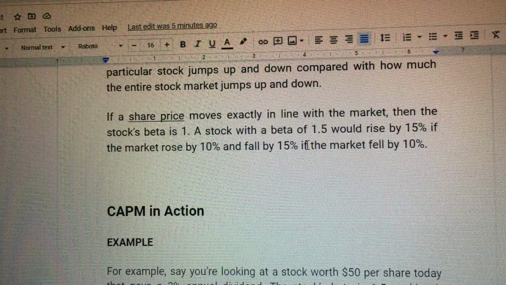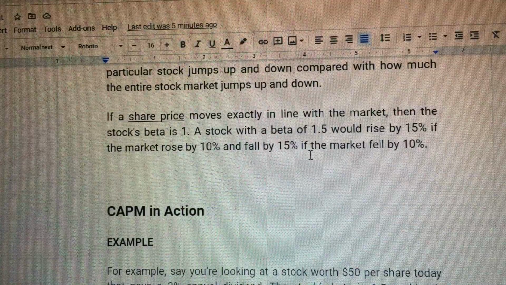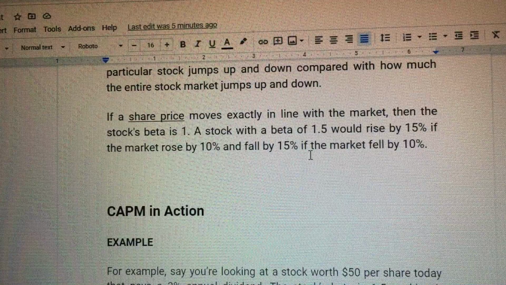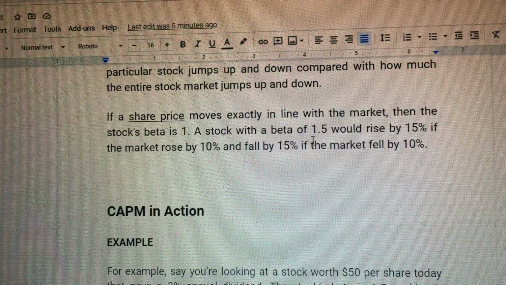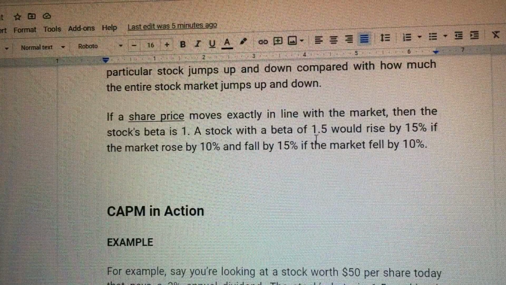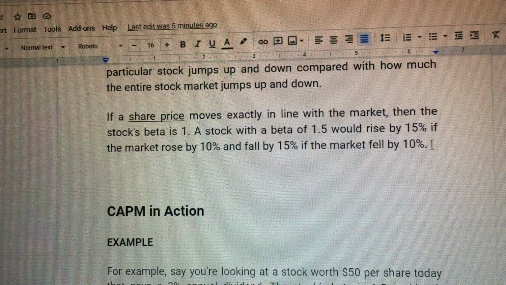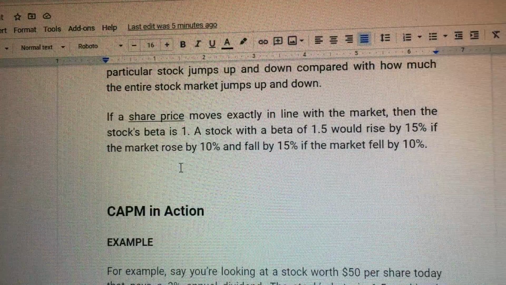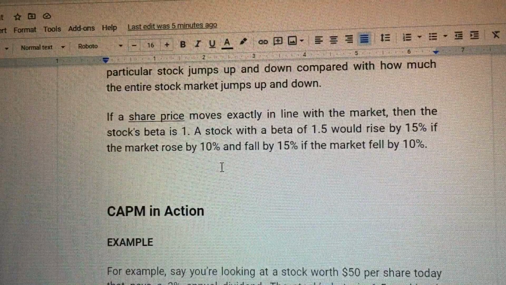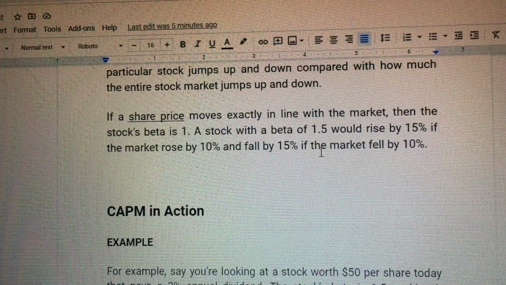Nya, kung mo fall ang market price to 15%,